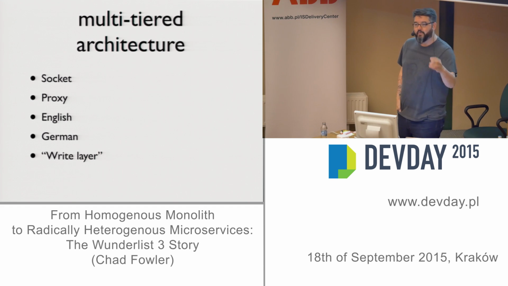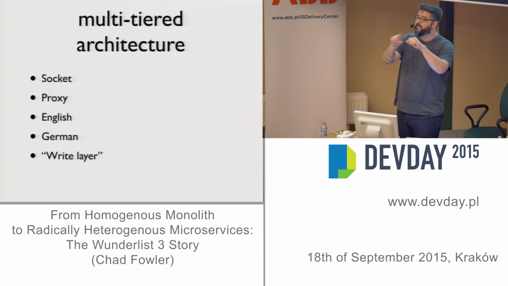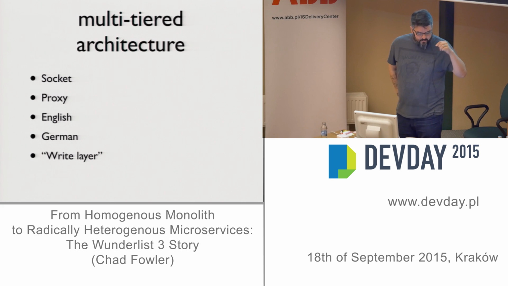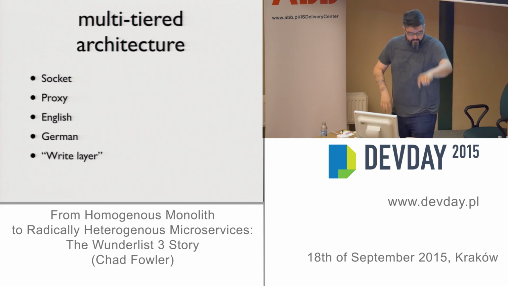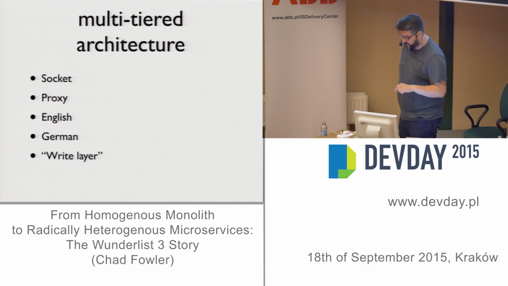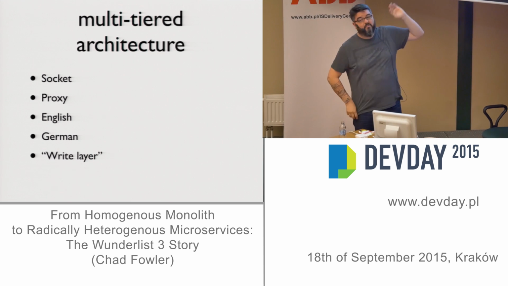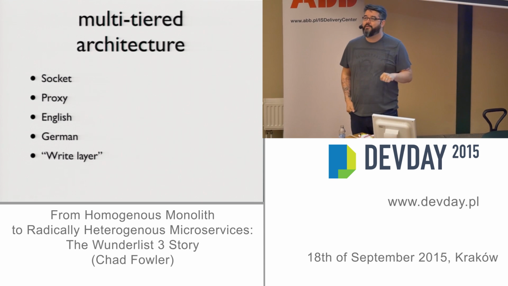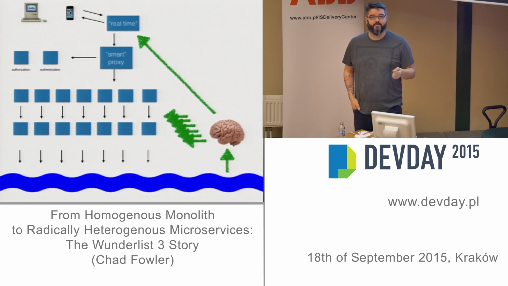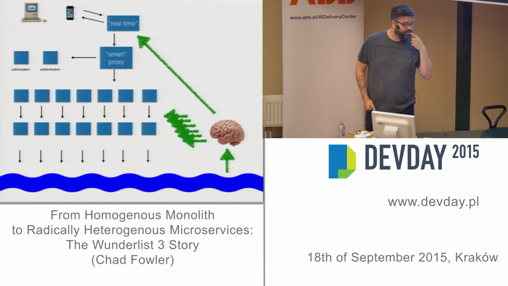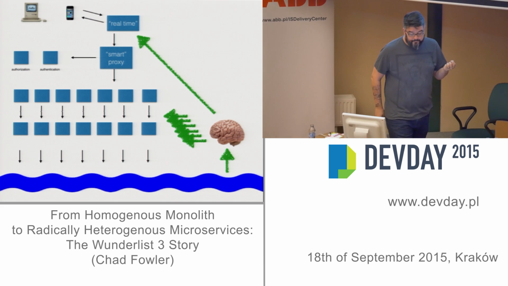So everyone gets an actor, and the actor is what all requests go through. And so after that layer, everything is just normal HTTP. And I'm just going to show you the picture because it's easier to visualize here. So the smart proxy is not really that smart. It's actually Nginx with Lua. That's one of the languages I often forget that we use. Nginx with Lua extensions that we've written.